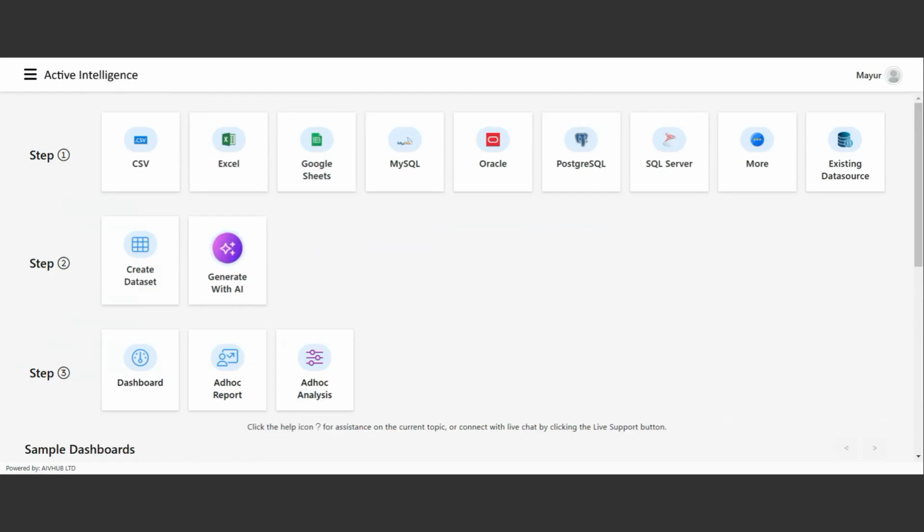Yes, Vinit, you can connect with any kind of databases. You can see here there are more options. Currently in the home screen, we have provided